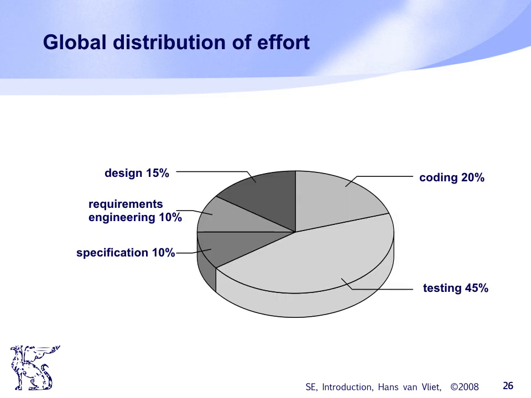So the figure here shows the relative effort spent on the various activities up to the delivery of the system. From this data, a very clear trend emerges, and that trend is called the 40-20-40 rule. Only 20% of the effort is spent on actual programming, that is coding the system, while the preceding phases like requirement engineering and design, and testing each consume about 40% of the total effort. So that's why it's called